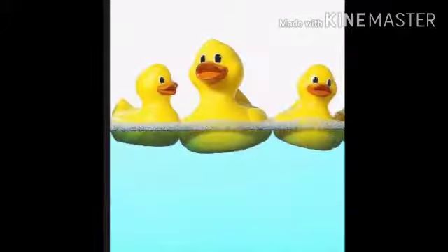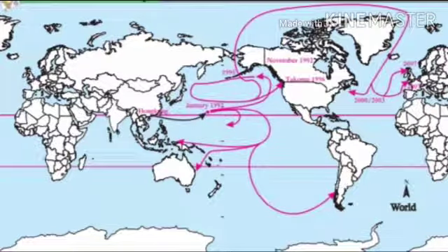Okay, children? A strange accident occurred on 10 January 1992 in the Pacific Ocean. A cargo ship was traveling from Hong Kong to America, and near Hawaii Island, a container full of toys broke, and all the rubber toys started floating in the ocean. So, children, what happened? All the toys were floating in the water. After 10 months, on 16 November 1992, some of the toys reached the coast of Alaska.